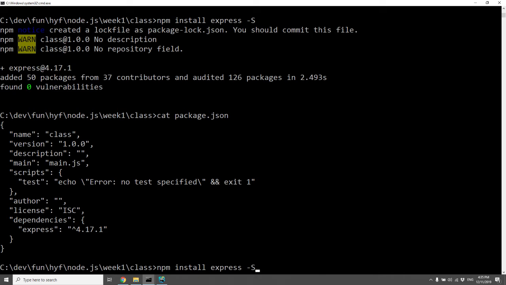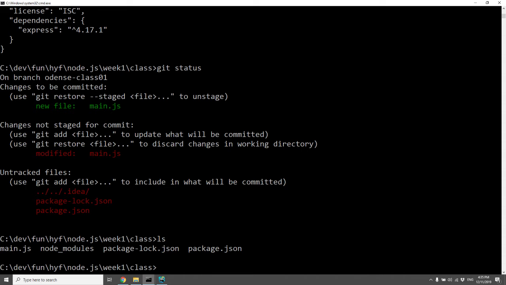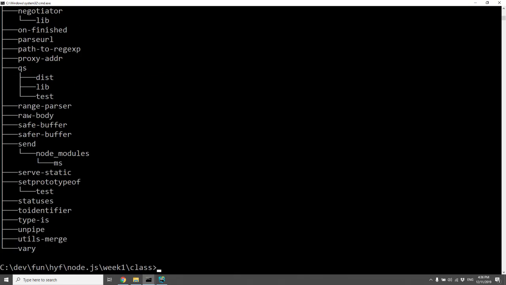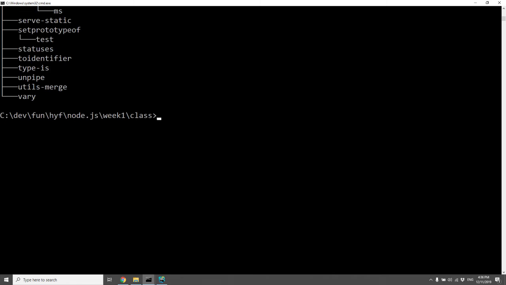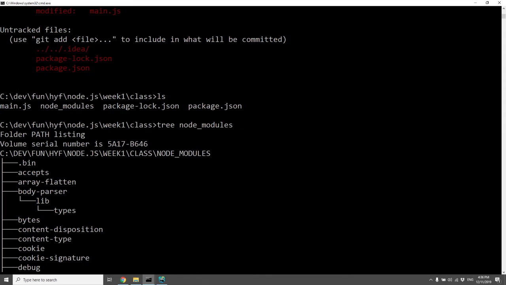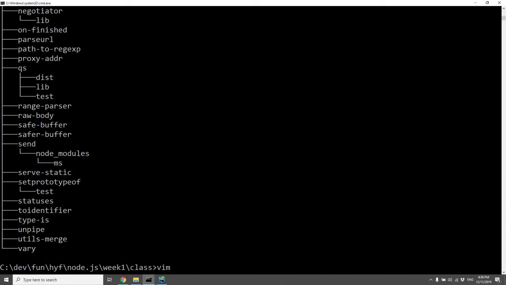So dependencies says, when I need to commit all this to Git, if I just do git status now, it'll tell me that, okay, that's actually ignored here, but there is this folder down here called node_modules, which is huge. So you can see this is all the folders that are in node_modules right now. And those were just installed because I just wrote npm install express. And I don't want to ship this to Git, because we might not need this every time. So rather than actually including all of node_modules,